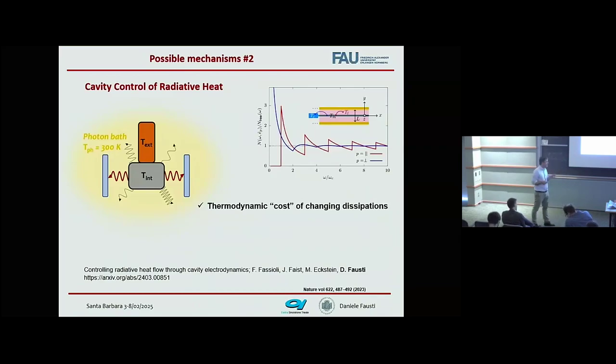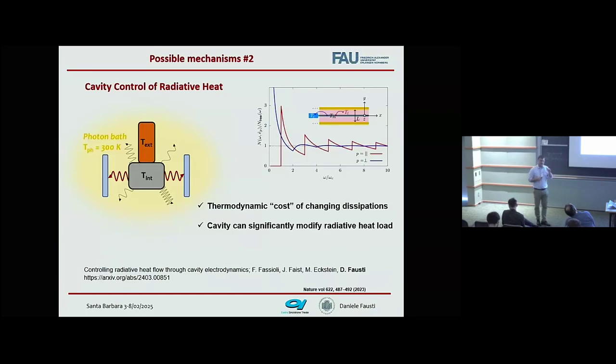And we think that this is effectively the dominant factor in the observations that we have: if I have an open system, I can have a thermodynamic cost associated with the fact that the cavity changed the nature of the photonic bath. If you think about effects such as the Purcell effect, usually you think of how an electromagnetic environment can change dissipative rates. On the other hand, this change of dissipative rates will have thermodynamic consequences if the system is not just a single atom.